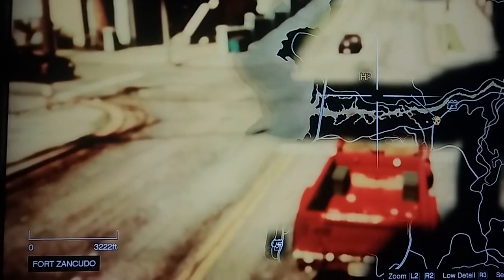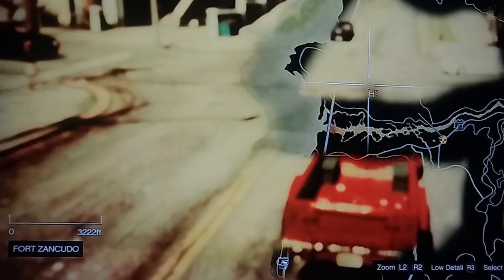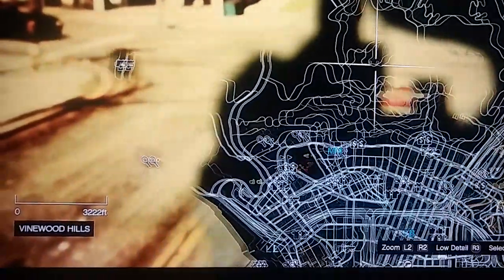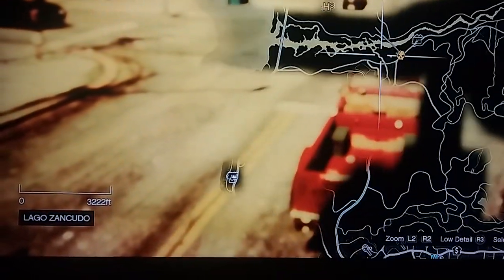But the thing I was trying to show you is it shows you the cargo bob, but now it's like choose your destination on how you want to get there. Do you want to go this way, or do you want to go this way, or do you want to unlock this way to going there, which is, you know, you could unlock